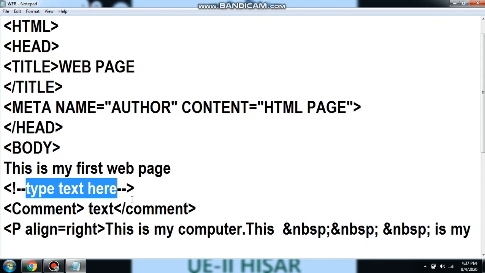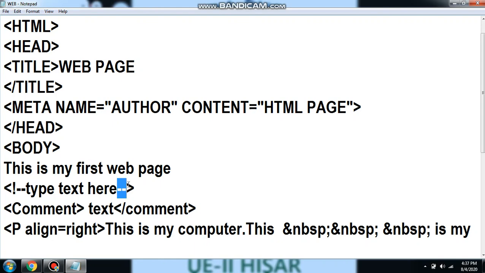This comment tag is used just for our reference. So see very carefully this format, bit up, because it is very important from the examination point of view. How to insert this comment? Exclamation symbol, then 2 hyphens. While closing, you have to just use 2 hyphen symbols. There will be no exclamation while closing it. So this is your comment tag.